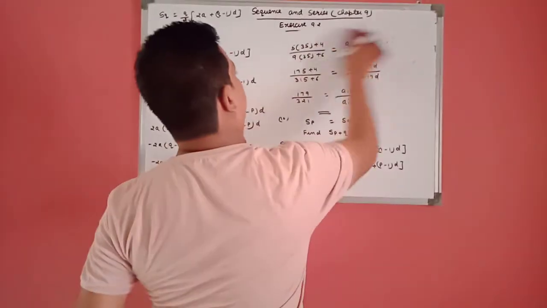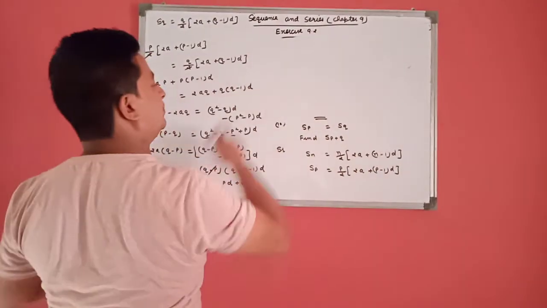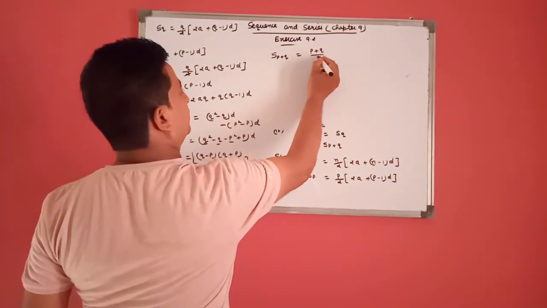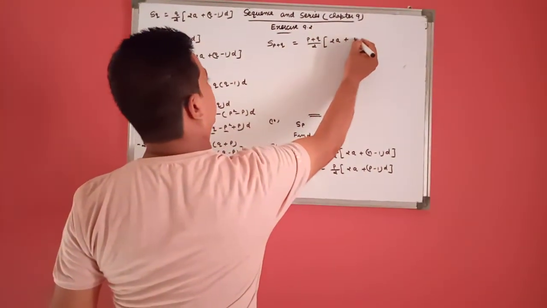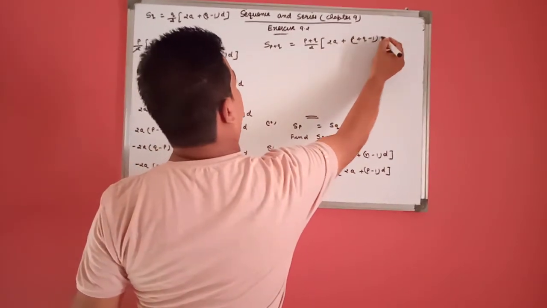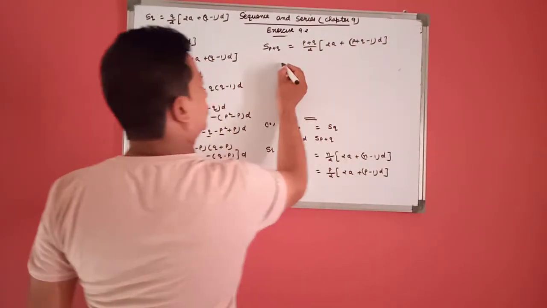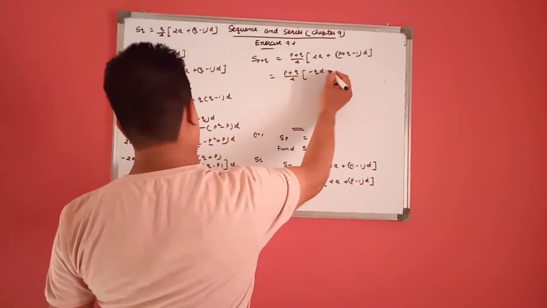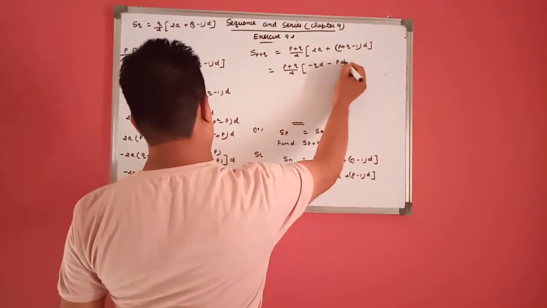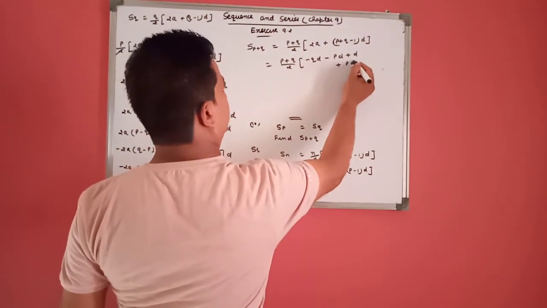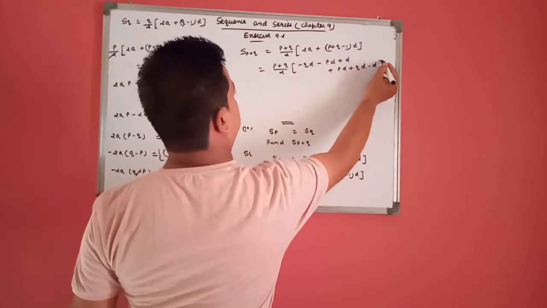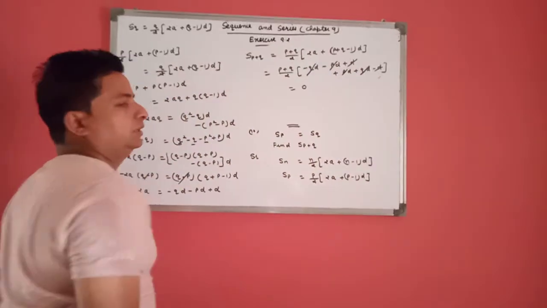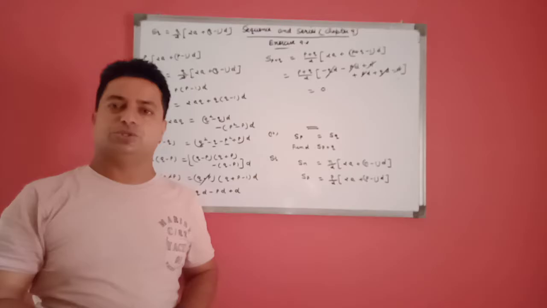And we are required to find the sum of p plus q terms, which is S_(p+q) equal to (p plus q) upon 2, 2a plus (p plus q minus 1) into d. So put the value of 2a. The value of 2a is minus qd minus pd plus d, plus pd plus qd minus d. This cancels out, this cancels out, this cancels out. So the sum of the p plus q terms is 0.